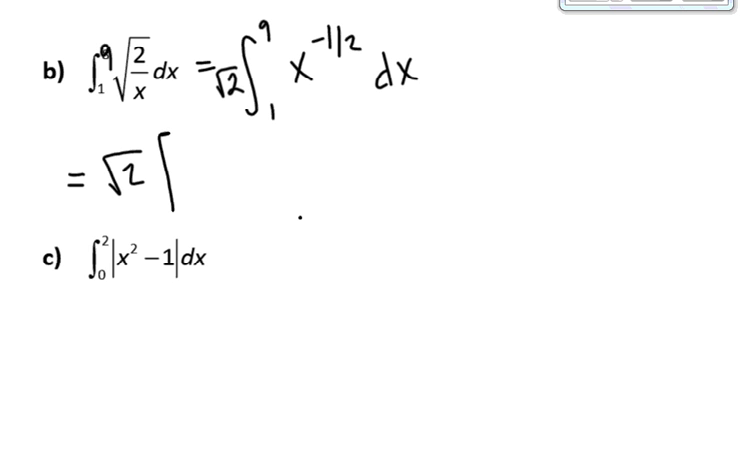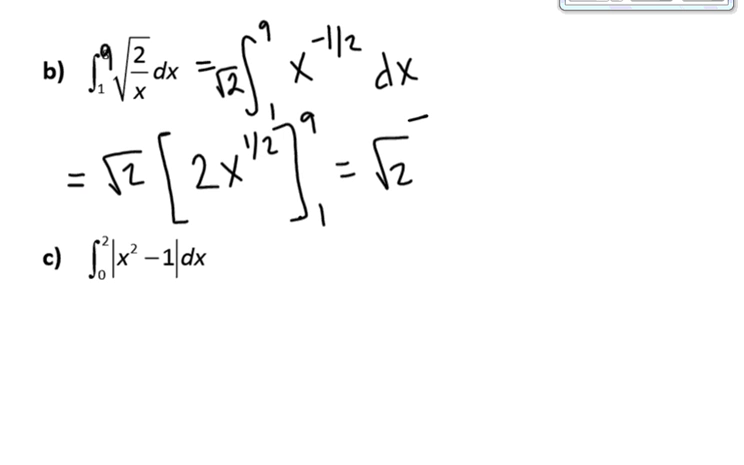And then I'm going to put brackets for my antiderivative. So x to the -1/2, when I add 1, will be +1/2 with a coefficient of 2. And then brackets again. This is a definite integral, so we're going to put from 1 to 9. All right, so